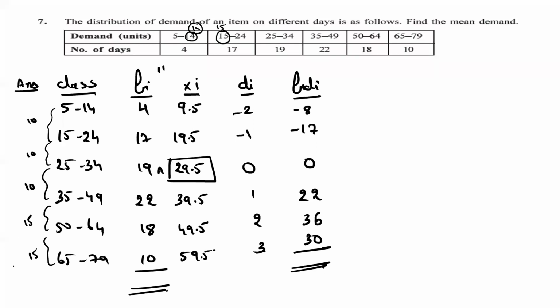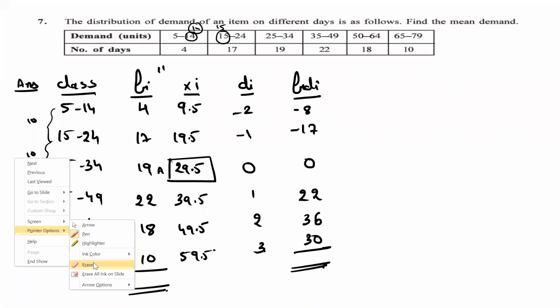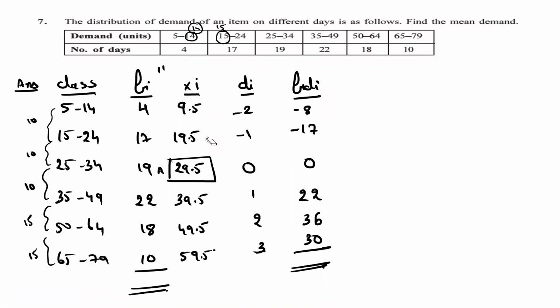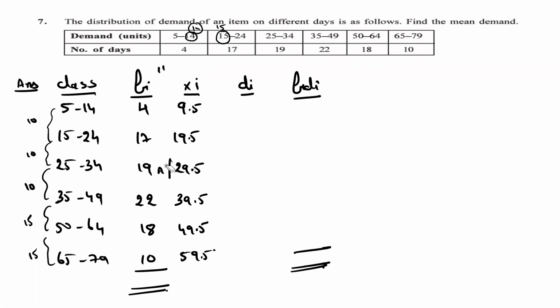So the question we have to change a little bit now. Let's see the question. I think it's very clear now what I want to say. This method we can use when the classes are regular, but here the classes are not regular, but I will do it with FIDI only. So see properly how to do this particular sum. Now I have to make some changes in my answers.